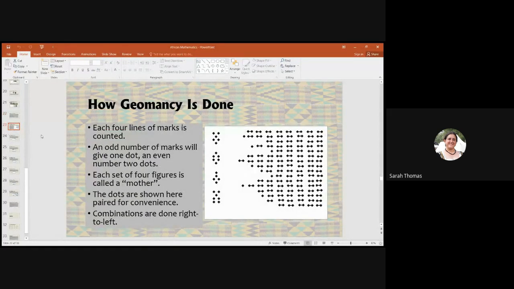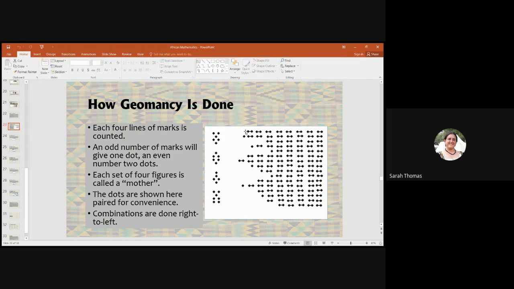So this is how it works, okay? You're going to make 12 lines of dots. Right here, the dots are paired up. So when you have two dots with a line through them, that means they're paired up. There's two dots, and they've paired them up because you're going to count whether the number of dots is odd or even. Not how many there are, just whether they're odd or even. So you can see that on this top line, we've got pair, pair, pair, pair, pair, pair, pair, pair.